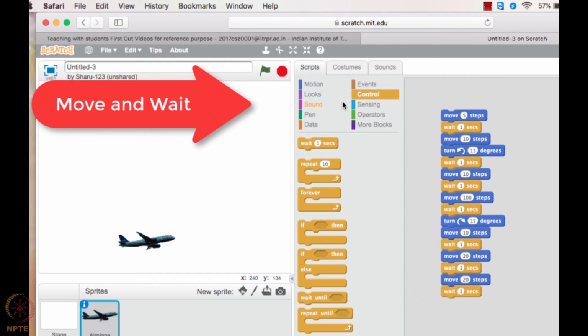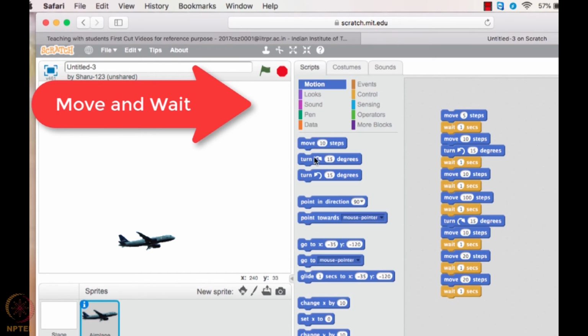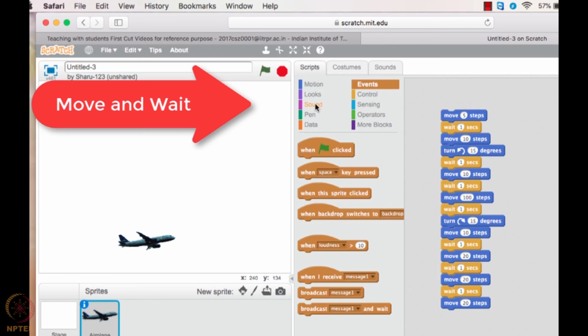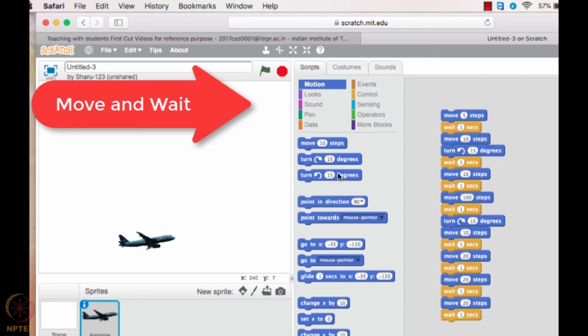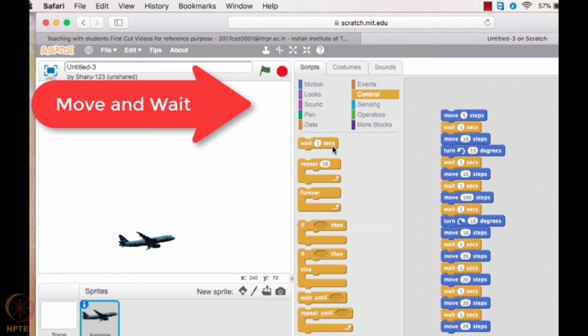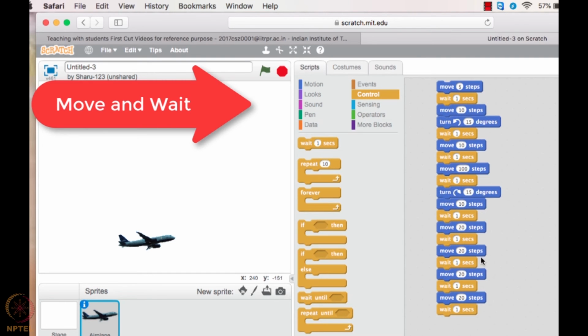I'll insert it again, move 20 steps and then wait for 1 second. Once more we have to insert it, move 20 steps and then wait for 1 second. Okay, so now our aeroplane is moving in the air.